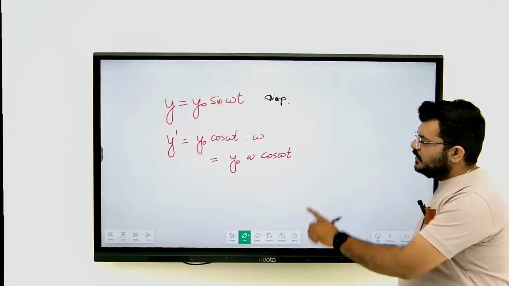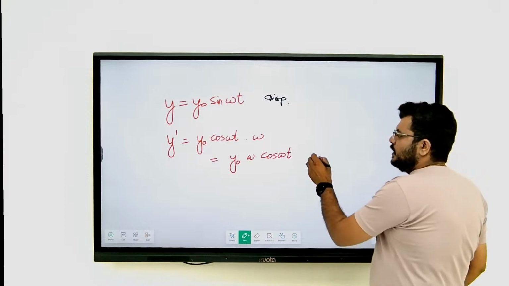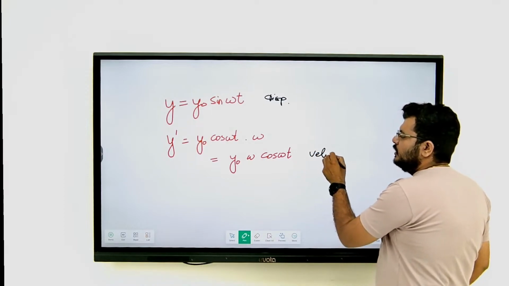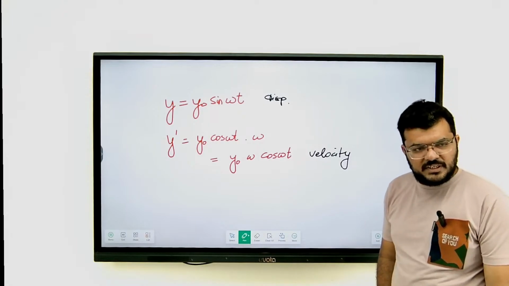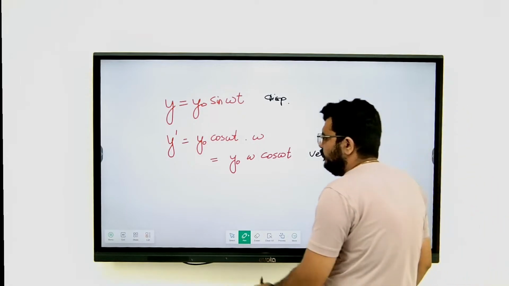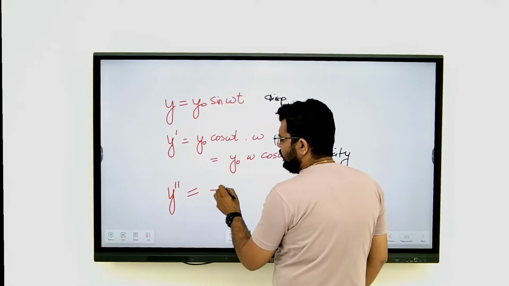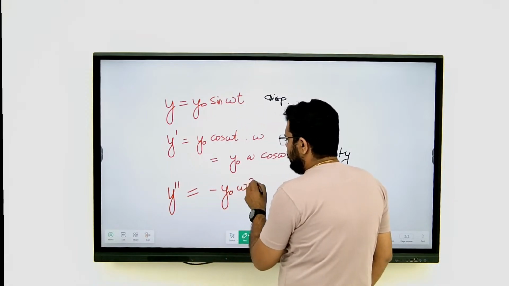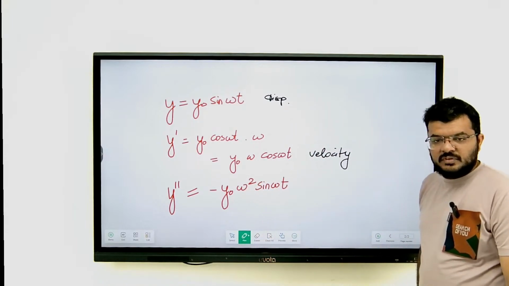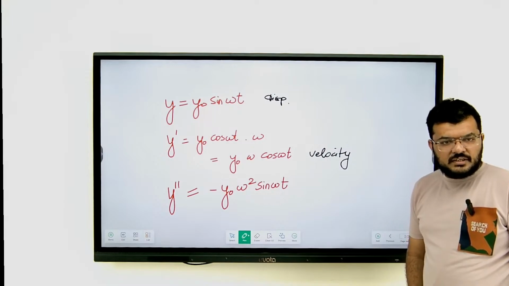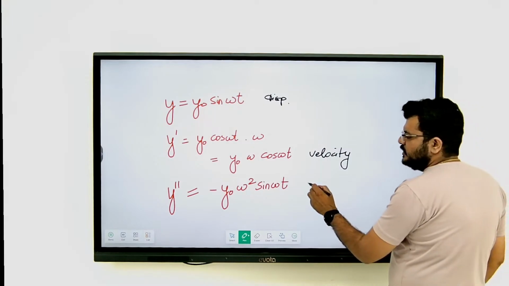Now this is differentiated with respect to time t, right? Only then this becomes velocity. Displacement upon time becomes velocity, rate of change of displacement, that is velocity. Then if you find double differentiation, you will also find that this will become minus y0 omega square sine omega t. Yes. Correct? Is this making sense to all of you? And what is this? This is nothing but